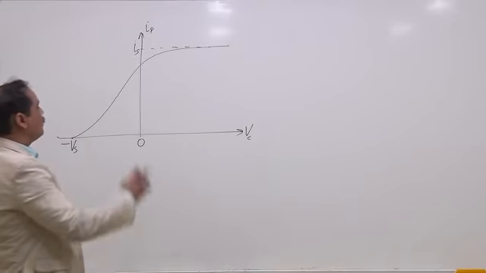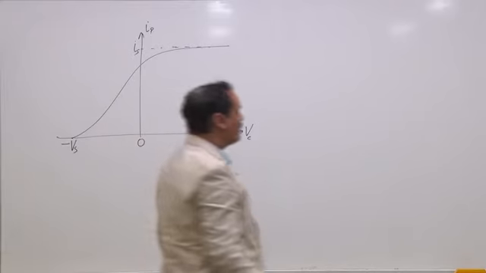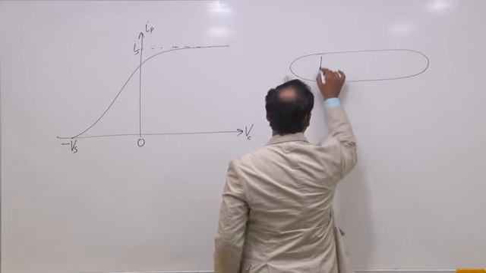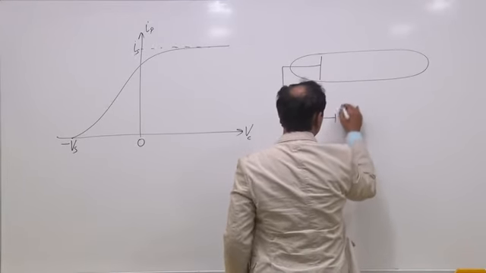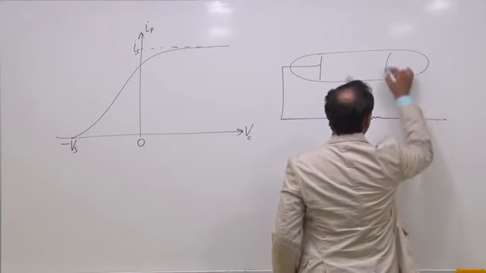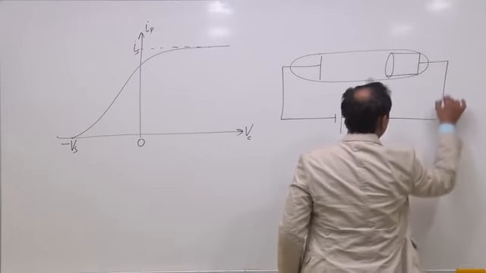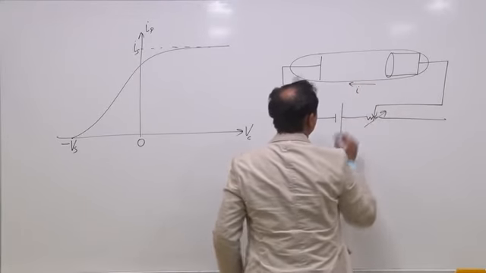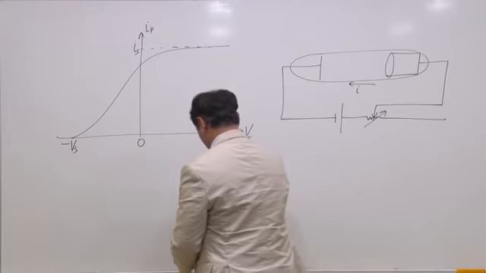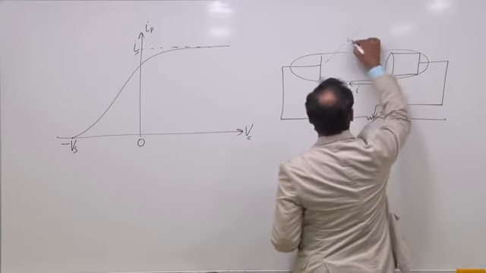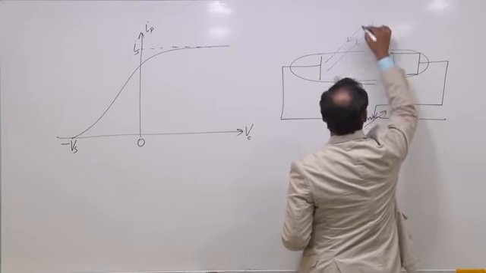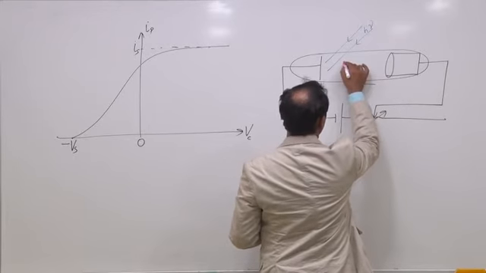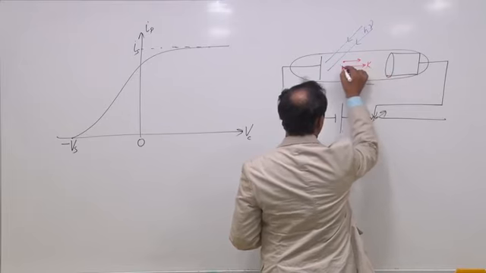Now, what are the factors which we can change in the experiment of phototube? Let us see what are the quantities which we can change. We have seen the diagram of phototube. There we have current I as photons are incident on it. Energy of each photon is h nu. Electrons are emitted from the plate. Their kinetic energy is K.